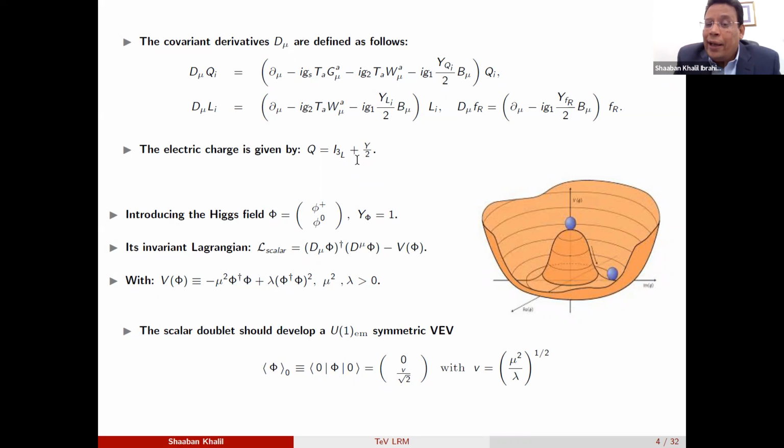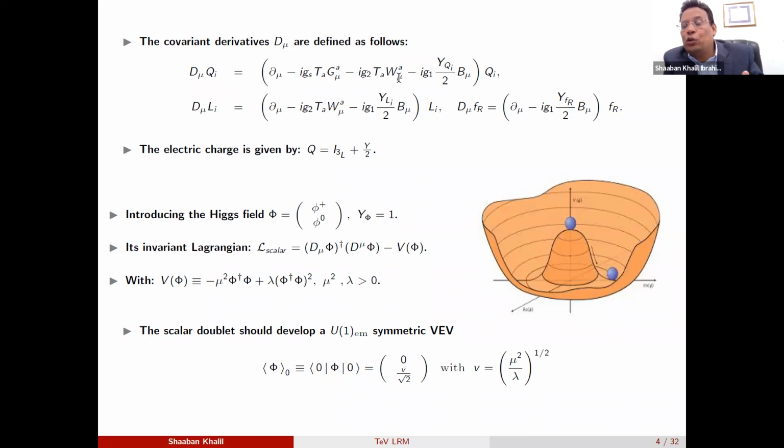Because in nature we know that the up quark is different from the down quark, and the neutrino is different from the electron, this type of symmetry in fact has to be broken. Also, the gauge symmetry makes all these gauge bosons, G mu, W, and B, massless. And we know that the gluons being massless is okay,